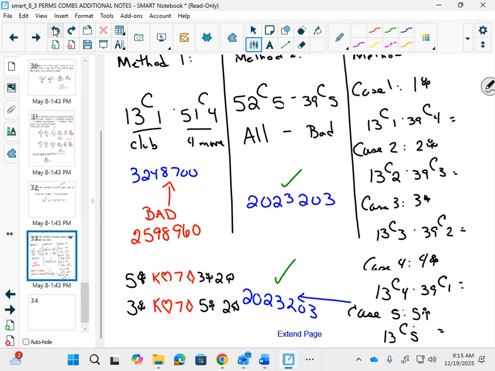It doesn't matter in the cases question because your decisions don't overlap. Here we're choosing clubs, here we're choosing not clubs. But here, there is something that can be chosen in the first decision that can also be chosen in the second decision,